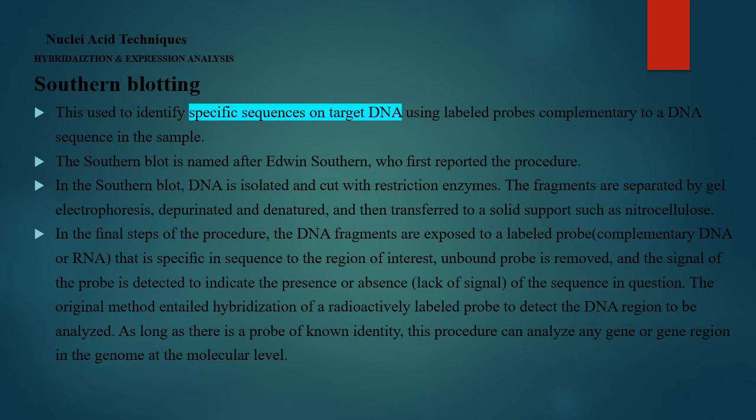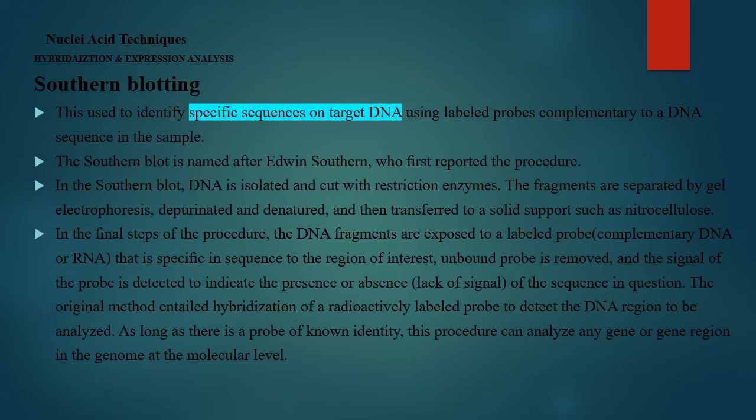Now the final step of the procedure: the DNA fragments are exposed to a labeled probe, which we are calling a complementary DNA or RNA. You expose them to an originally labeled probe, that is specific in sequence to the region of interest. The unbound probe is removed, and the signal of the probe is detected to indicate the presence or absence of